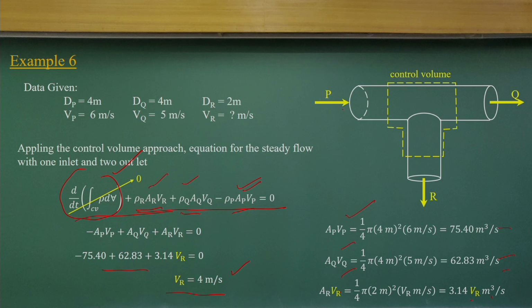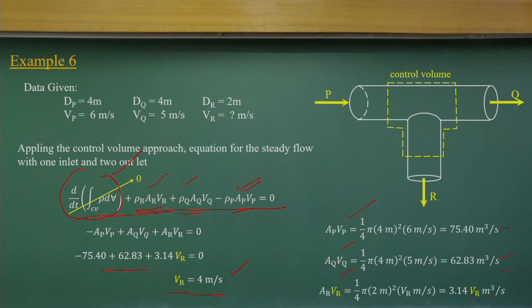So, you just say the volumetric flux coming in is equal to the sum of the volumetric flux going out from the control volume. If you do not remember that, a very simple way to remember it is that the rate of change of mass with respect to time coming into the control volume should be equal to the rate of mass going out from the control volume. The mass influx and the outflux rate should be equal. That is the concept we consider for steady flow conditions.